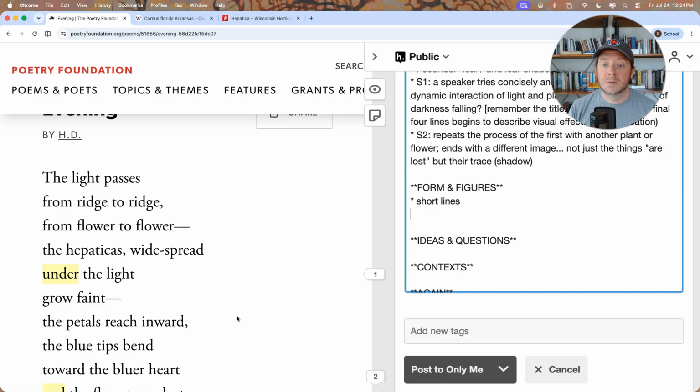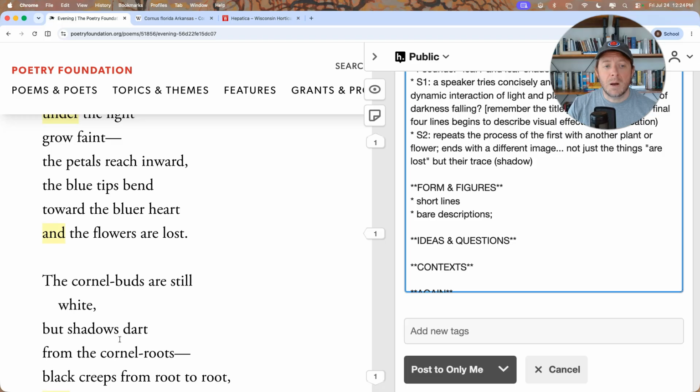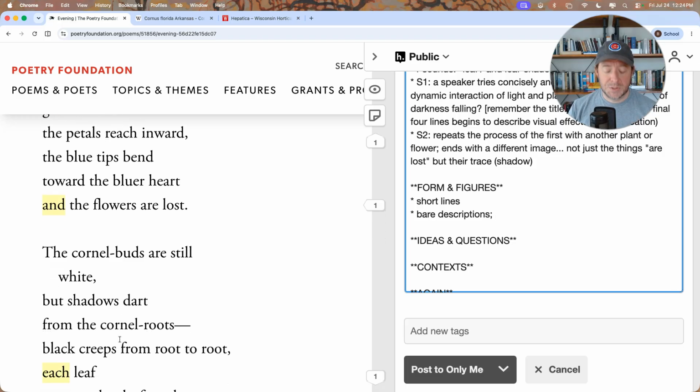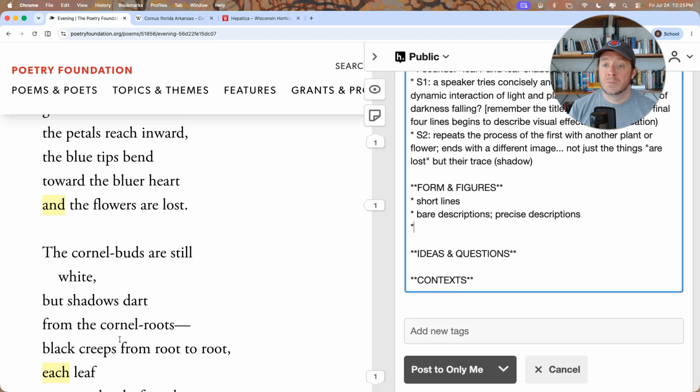Short lines, bare descriptions. Bare might be the wrong word, though, because we still have pretty vivid descriptions throughout the poem. References to color, bare descriptions. Maybe we should say precise descriptions. Repetition favored over synonyms or